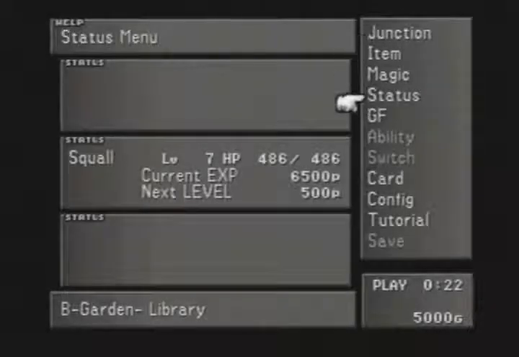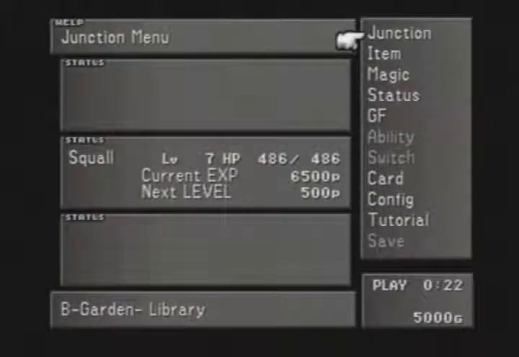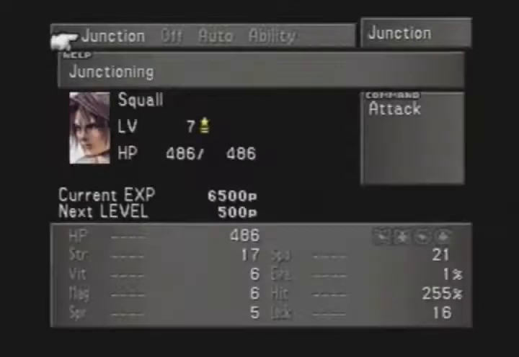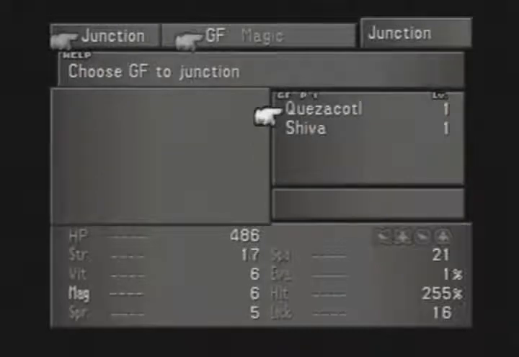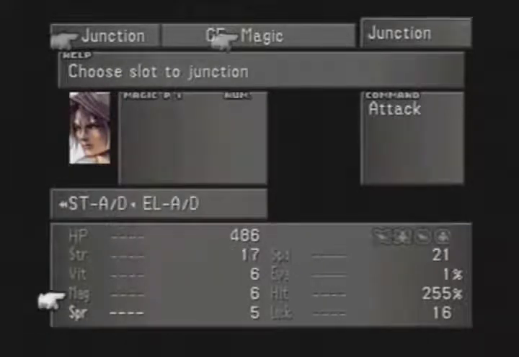Okay, let's see. No, not that. Alright, so in our menu we have our characters, and we have what are called GFs. GFs are basically our summons of this game, and so far we only have 2, and they actually level up. And there's going to be more tutorials over that later on. You can junction stuff. Junctioning in this game is very important. As you can see, there's stats and stuff, so let's see. I'm going to go Shiva. Shiva's a little bit better than Quetzalcoatl at this point. But yeah, with GFs, you can equip magics and stuff, and it'll increase your stats, and